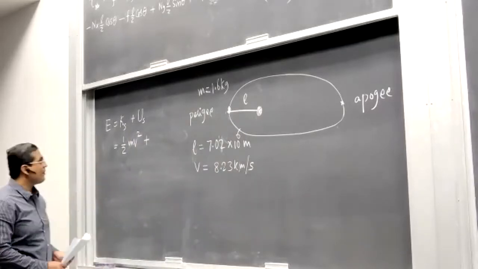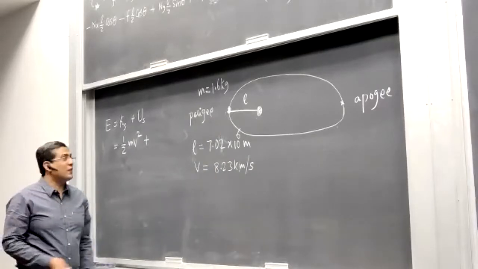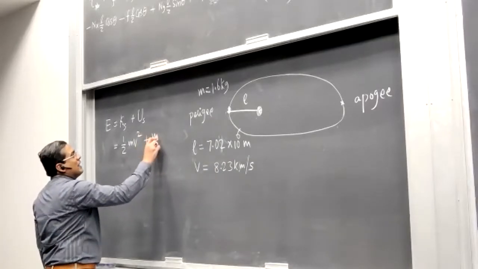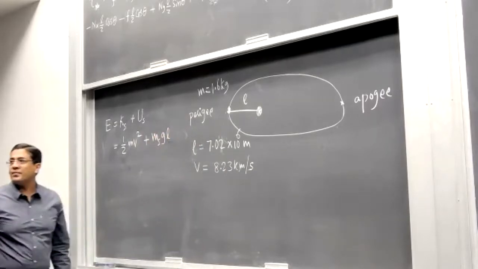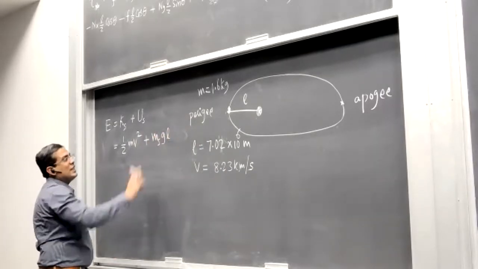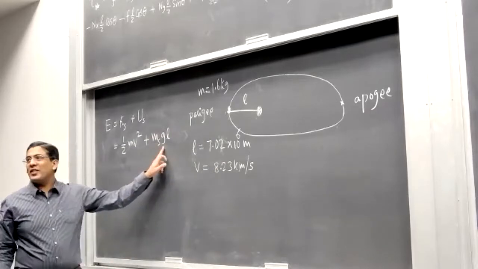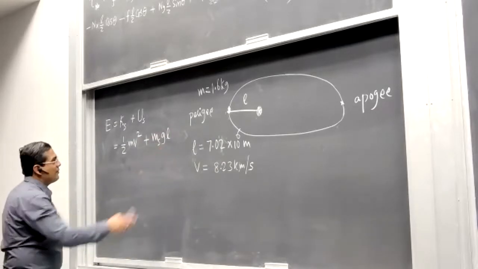Okay, so the potential energy: usually if we were close to the surface of Earth, we would just simply write m_S g L, right? But we now can't write that, because g is the gravitational acceleration close to the surface of Earth. So we have to write